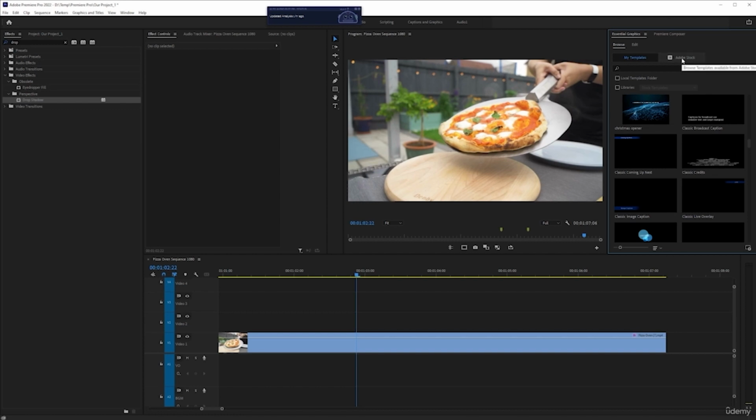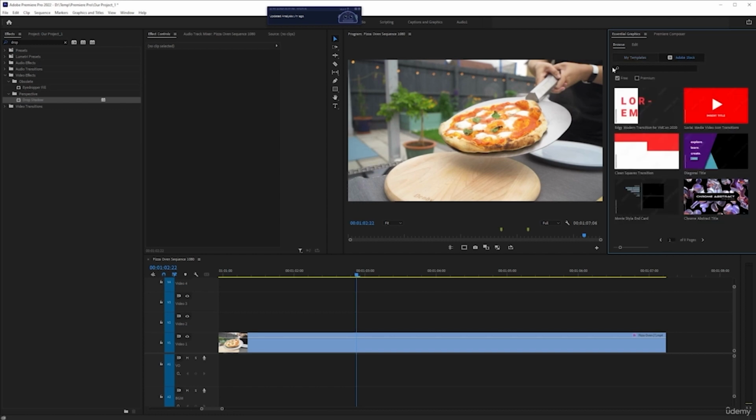Now let's have a look at some of the more in-depth ones. And for that we go to Adobe Stock. And we've still got free up here. And here's one, Edgy Modern Transition for video. And if you scrub through, just like we could with the images, with the video, over in here,